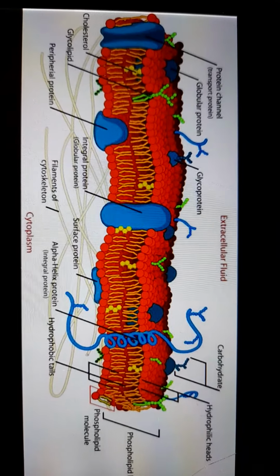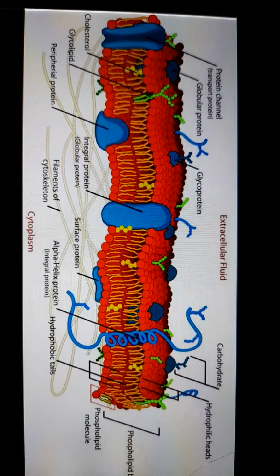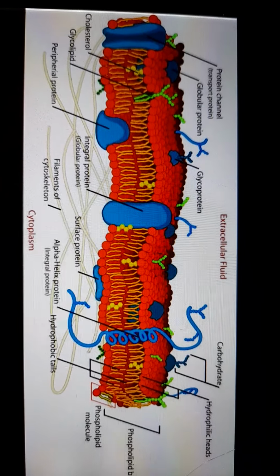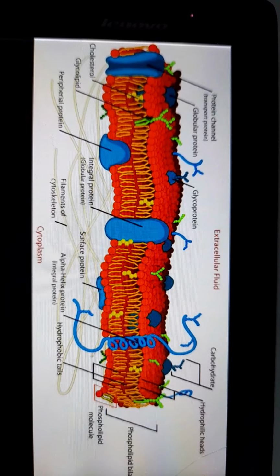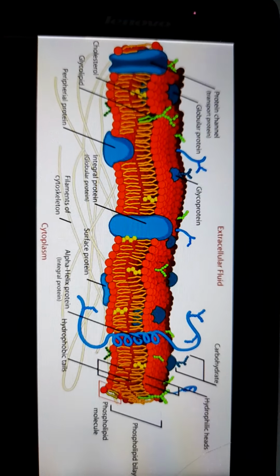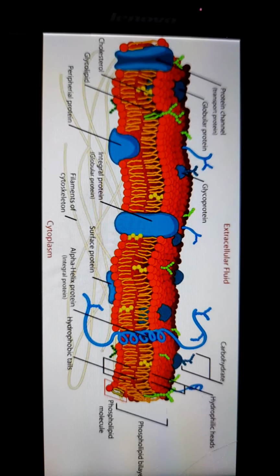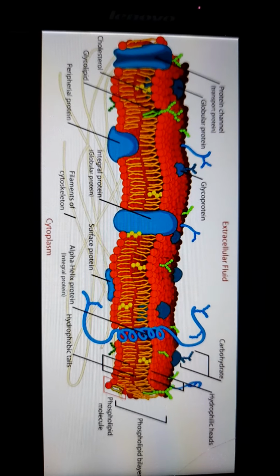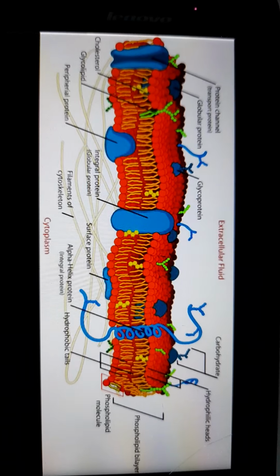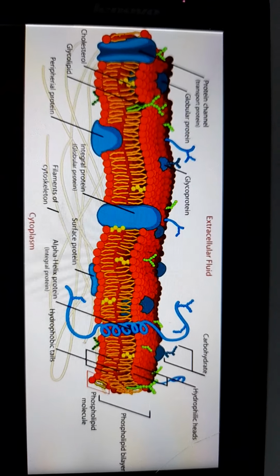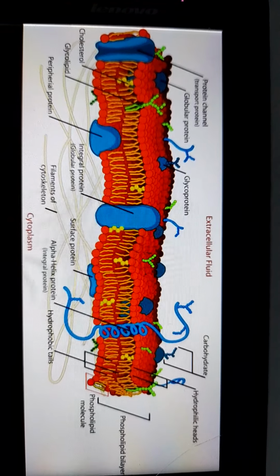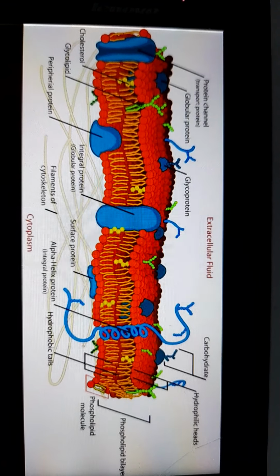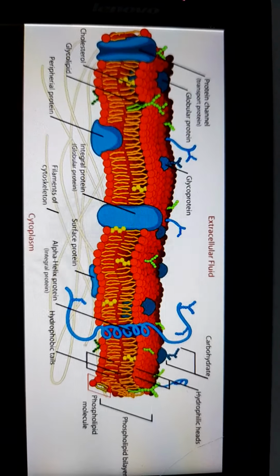Lateral diffusion means lipid molecules exchange their places with neighboring molecules of the same layer. Flip-flop movement takes place between the two lipid layers, but lateral diffusion takes place within the same layer. These movements indicate that the constituents of the plasma membrane are not static but show a constant fluid-like consistency.